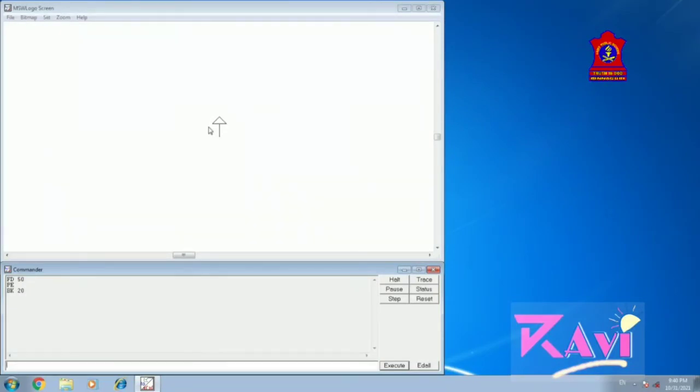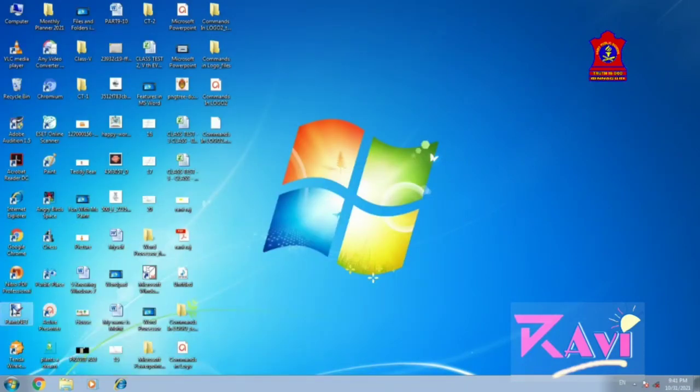Now see here, to bring your turtle to its home position, you will be typing HOME and press enter. And see here, your turtle is at the home position. Clear? Now if you want to close this window, simply you will be typing BYE, and press enter, and see here logo screen is closed. Clear?